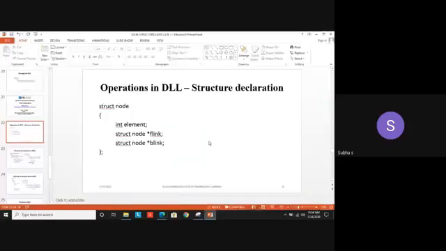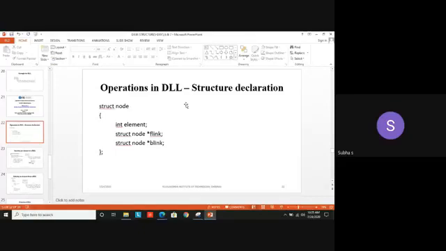Okay. So this is the declaration of a node using structure. We have seen the same thing in the singly linked list, but what's the difference there? We have defined only one link there, one pointer only needed, that we call next, or we can call it PTR or next PTR, anything. Normally we call it next because it is the next position. The address of the next node will be stored in the pointer called next in the singly linked list. But here, as we have two links, to differentiate that, we are using F link and B link.